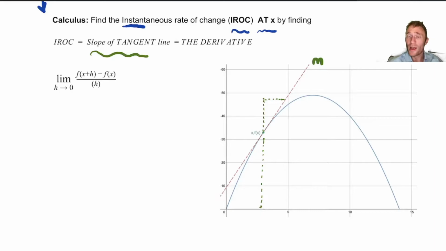You wouldn't be sure. And calculus gives us techniques to find out analytically, meaning not with a graph, using algebraic techniques to find the slope of that tangent line. And this is how they did it. This is one of like the all-time greatest human achievements, is figuring this problem out. And the way that they did it